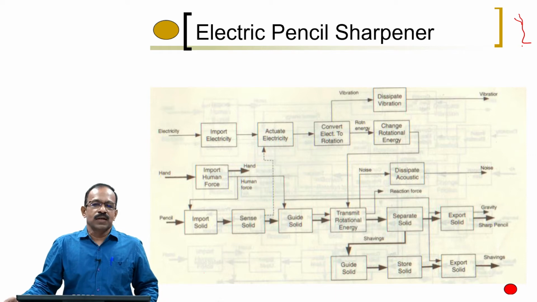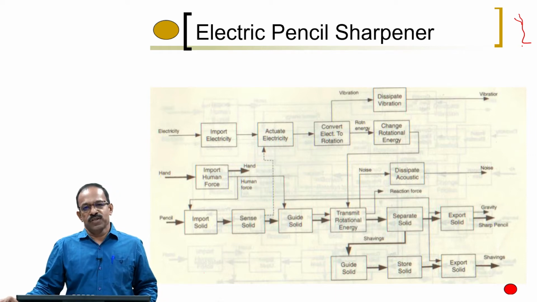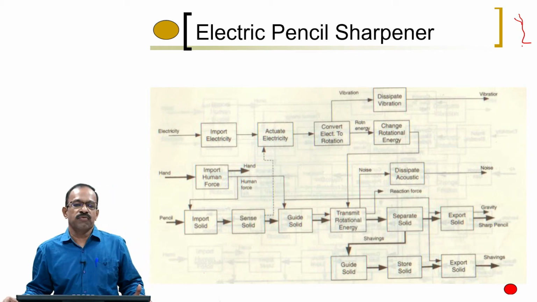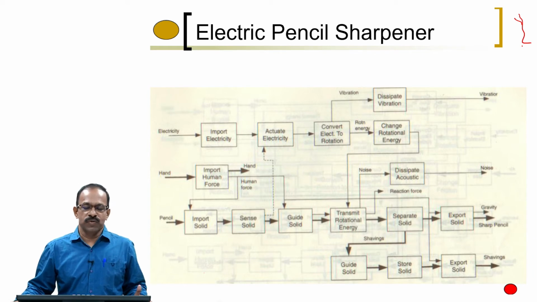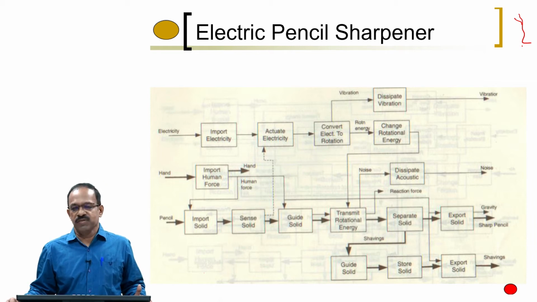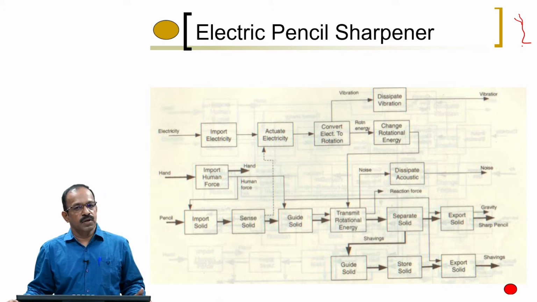We are in the conceptual design stage of product development, and as a first step in conceptual design, we need to go for the functional decomposition of the product. We need to know what the product is doing, or what it is supposed to do, if it has to meet the customer requirements and the main product function. And we saw a few methods.